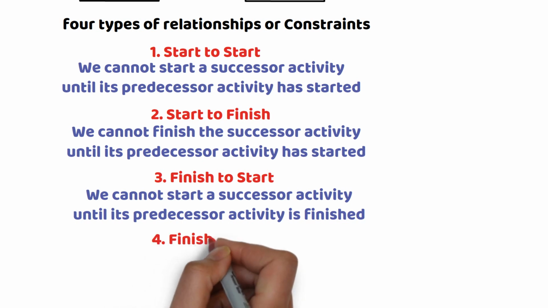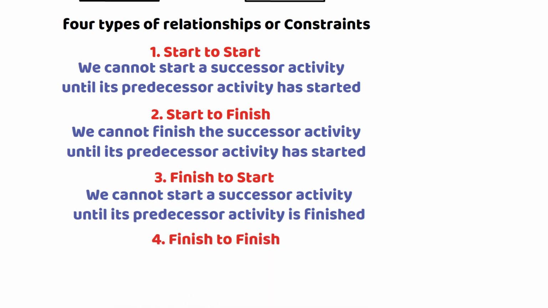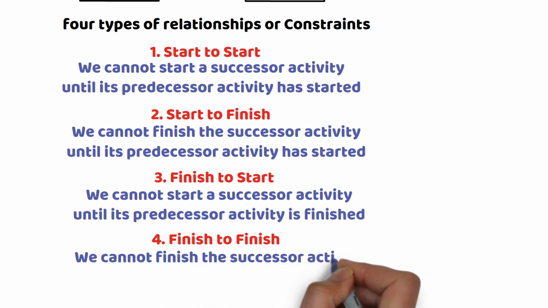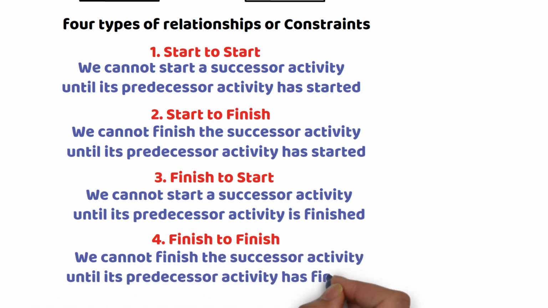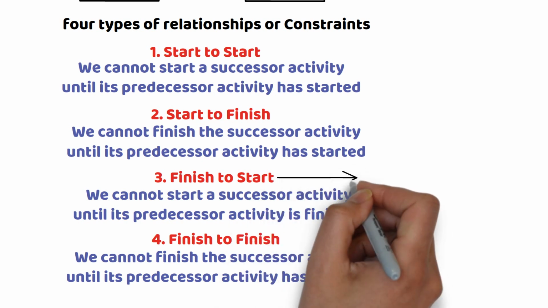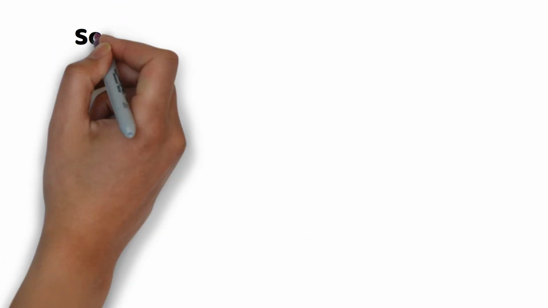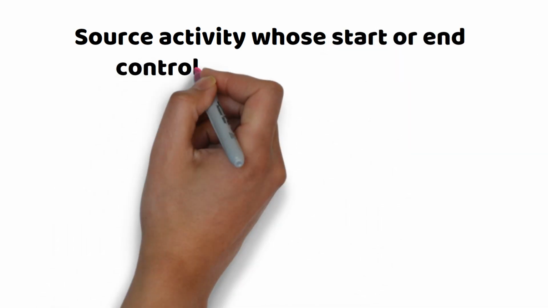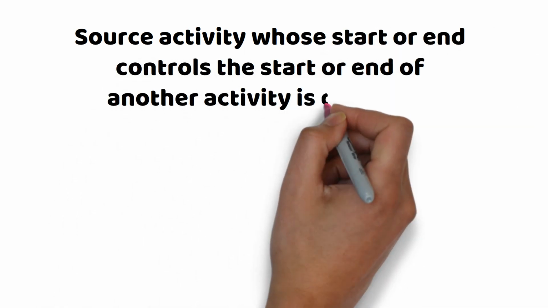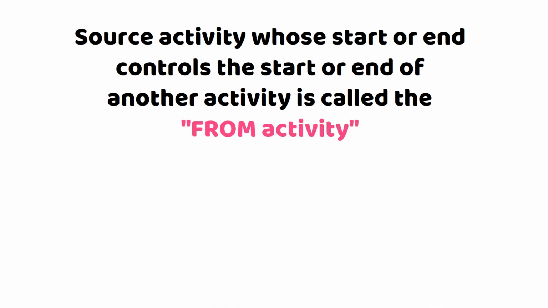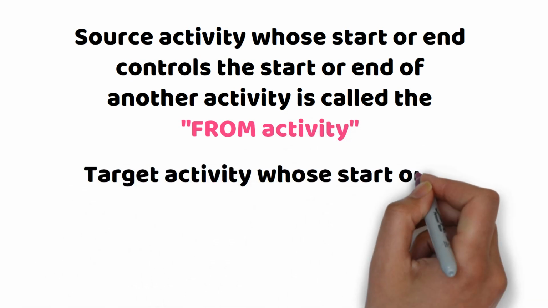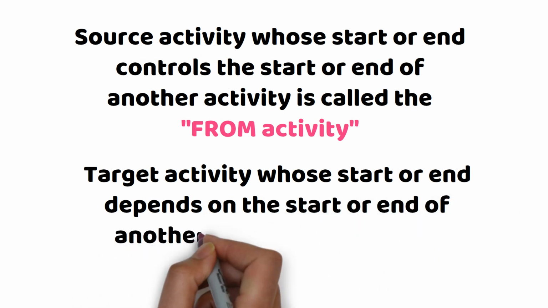Number 4, finish to finish. This means we cannot finish the successor activity until its predecessor activity has finished. That means the relationship between the finishing points of 2 activities. Finish to start is a sequential relationship, and start to start is typically a parallel or overlapping relationship. The source activity whose start or end controls the start or end of another activity is called the from activity. And the target activity whose start or end depends on the start or end of another activity is called the